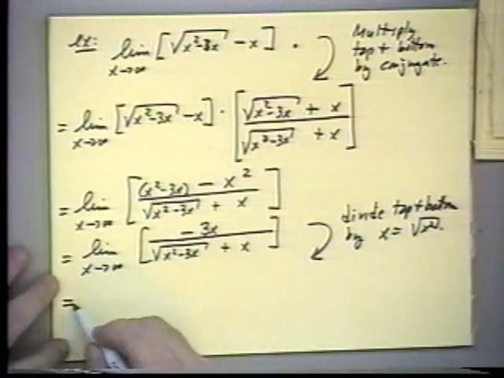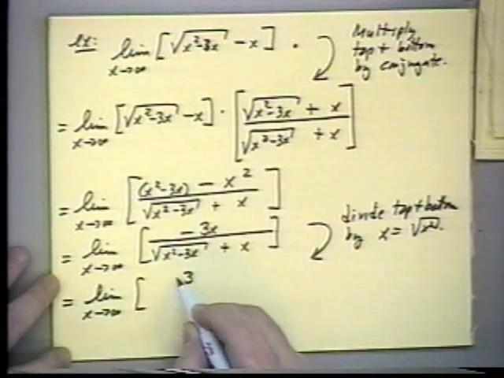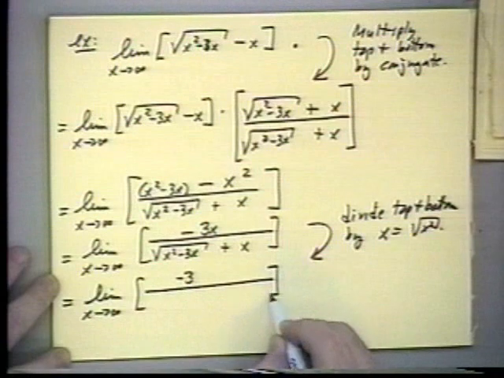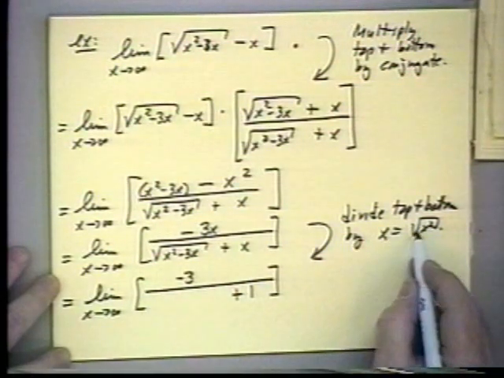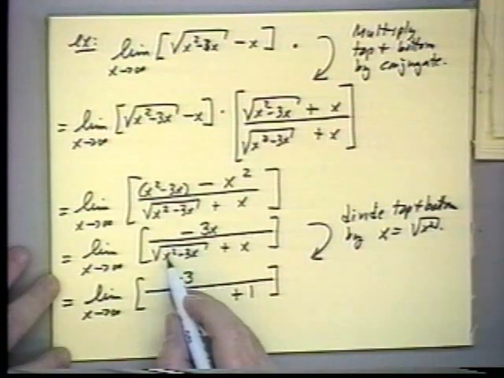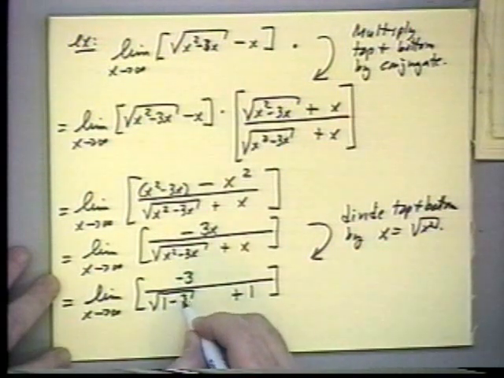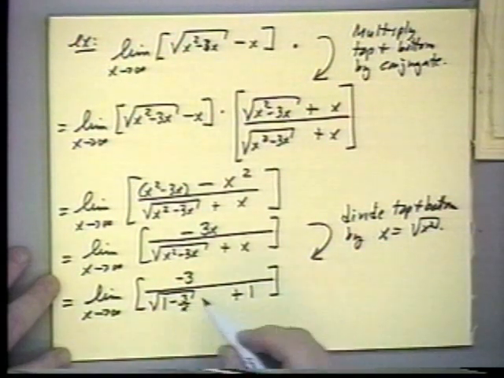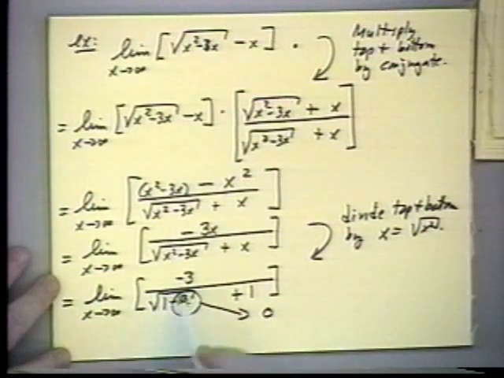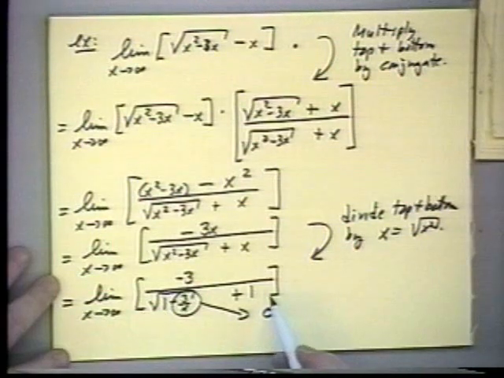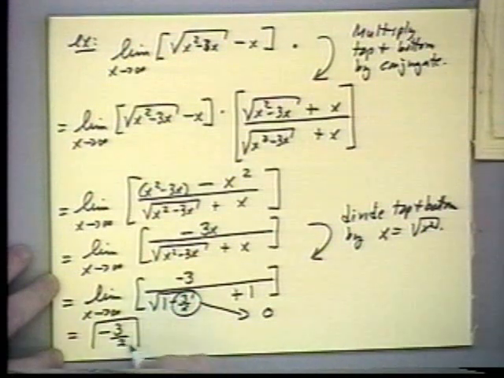So dividing top and bottom gives me, the top of course becomes minus 3, which is very nice. The bottom, I divide by x, I get plus 1 here. And then the square root I divide by the square root of x squared, the x squared goes inside. And I end up with x squared over x squared, that's 1 minus 3 over x. Again, I have a 3 over x, which will go to 0 as x goes to infinity, and nothing but constants left over. That leaves me finally with minus 3 halves,